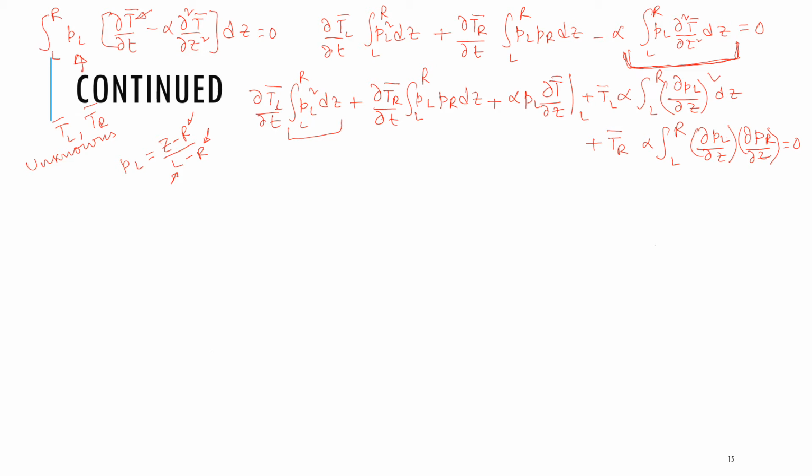So let's do PL² dz L to R, which is equal to (Z minus R)² over (L minus R)², plugging in for PL, okay, and dz is equal to L minus R